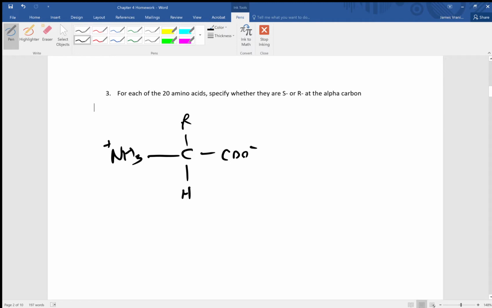Now, this is a Fischer projection, so the bonds going out to the top and bottom are dashes. The sideways ones are coming out of the board, or out of the screen at you. Now, if you can mentally visualize this, I wish I could draw, kind of rotate this in three-dimensional space. We're going to be rotating this whole molecule forward here because we want the hydrogen to be